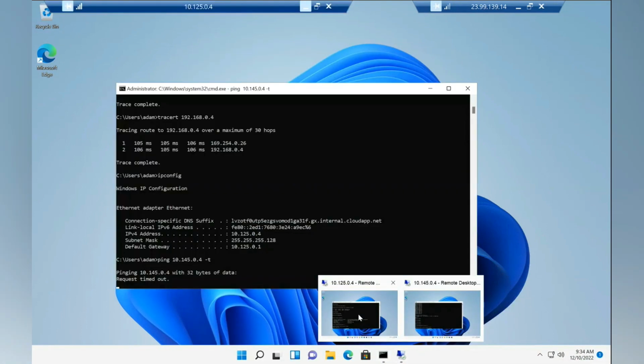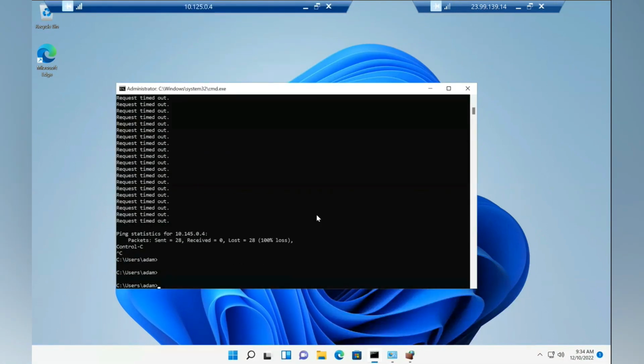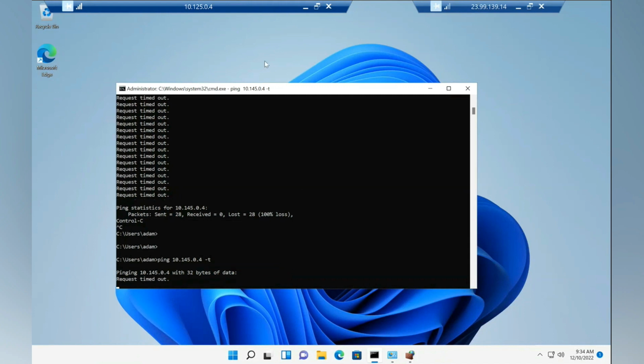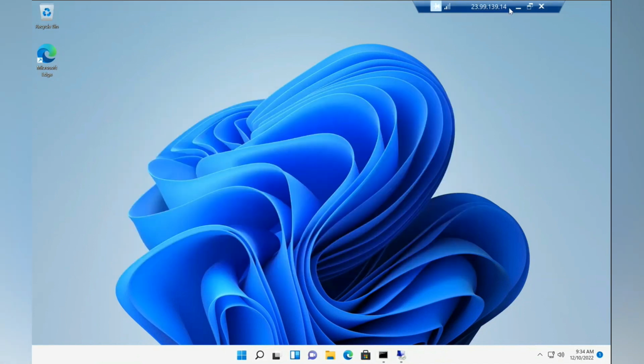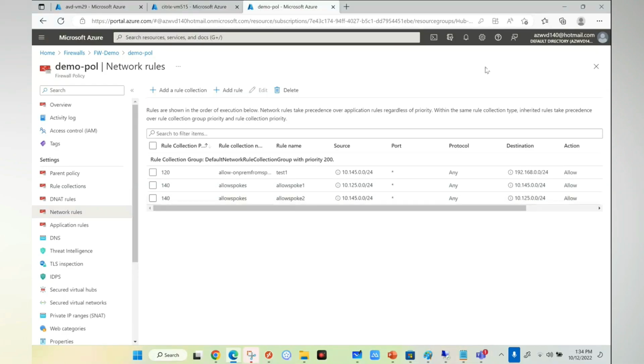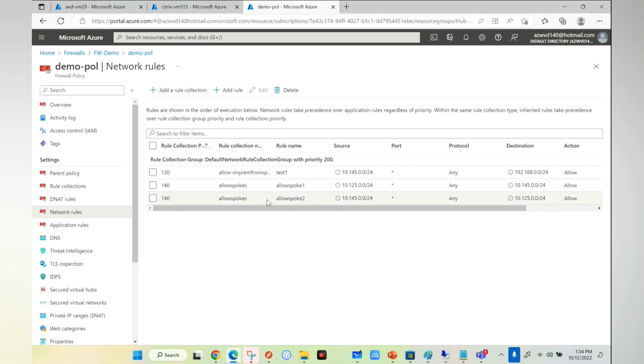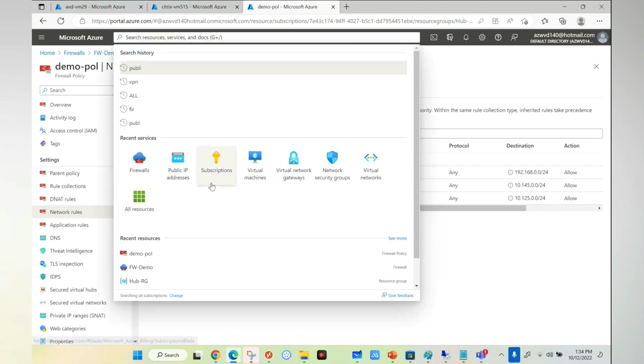Okay, 10.125.0.0 is not talking to this one. We'll see what the problem is. We said that anything from spoke 1 to spoke 2 should be allowed. Any traffic should be allowed. This looks fine. And let's go to my